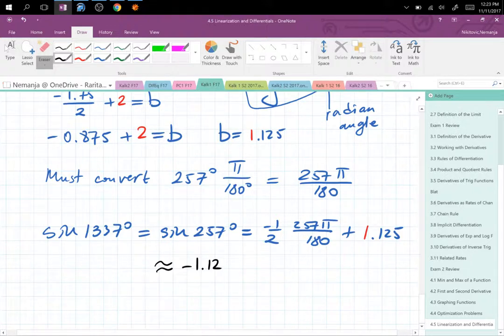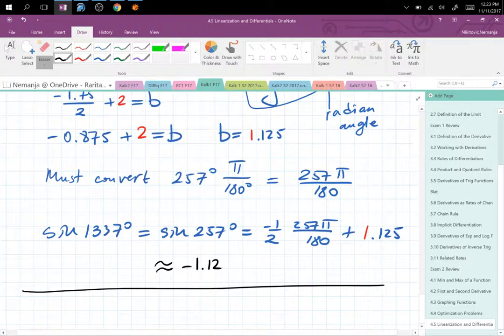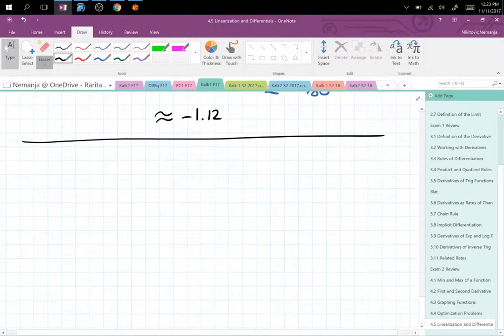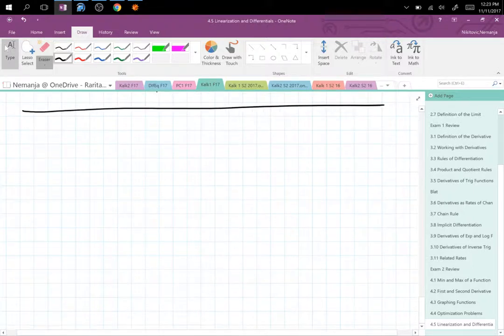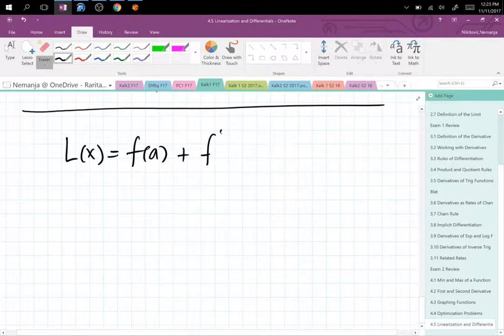And now it's time for us to just streamline this calculation. So we did tangent line. We didn't learn anything new other than the concept that you go a little bit on the side to look for the convenient value and do the tangent line. So now let's streamline the tangent line. We call this linearization. So L of x is f of a plus f prime of a times x minus a. This is your tangent line